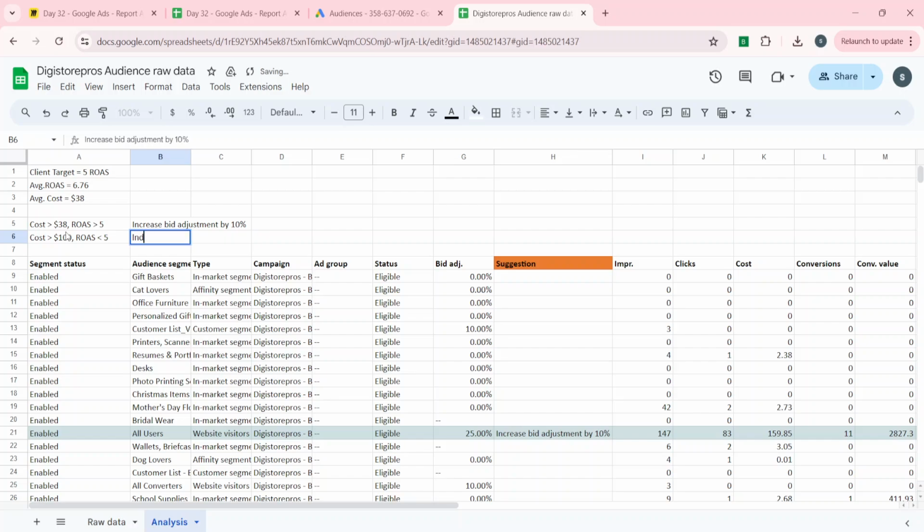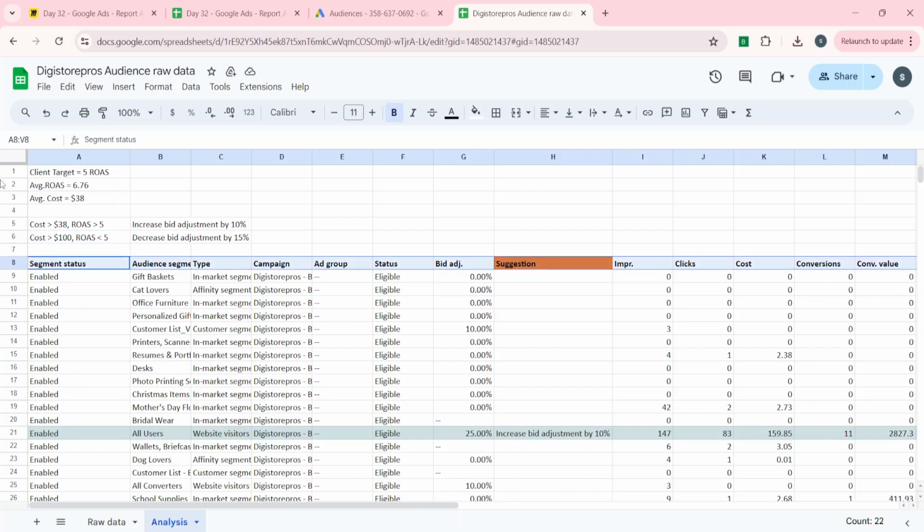Here I will suggest decrease bid adjustment by 15%. Okay, so it is up to you what criteria you have to consider. So for decreasing the bid adjustment, usually we need to consider the cost. So that is why I have taken the cost equal to 100, so a little higher than the average cost. Okay, so again keep the filters